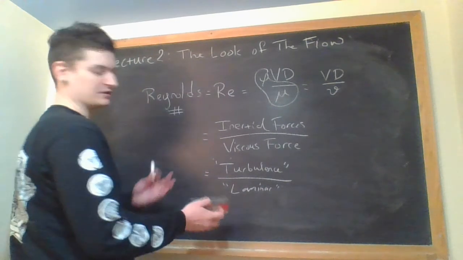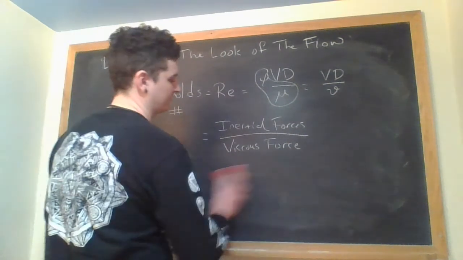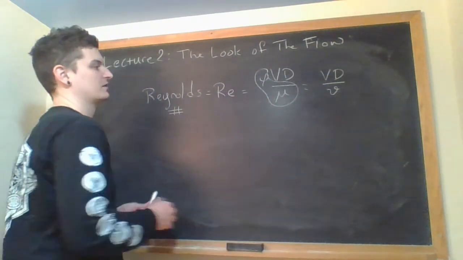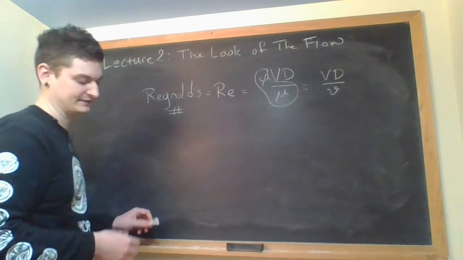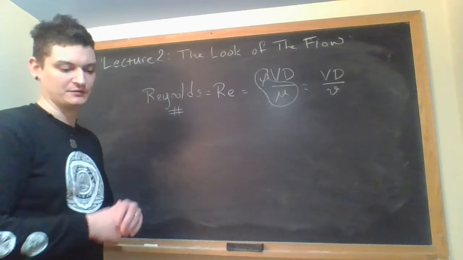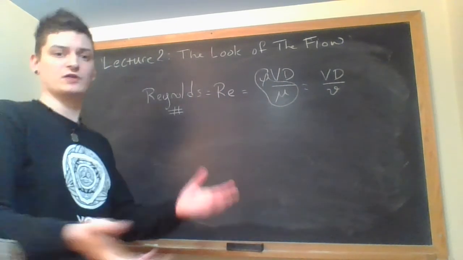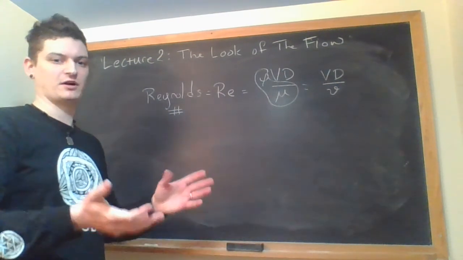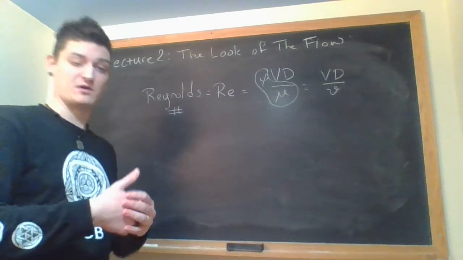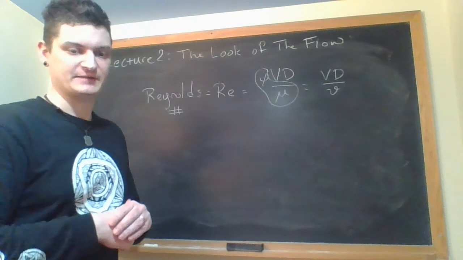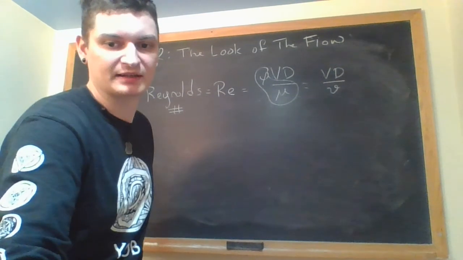You can rationalize Reynolds numbers in many different ways, but the fact is it's a non-dimensional number and helps you quantify things such as these entrance effects or laminar versus turbulent, for instance. We all know that if the Reynolds number is really, really big, we go, oh, the flow is turbulent. If it's really, really small, we go, ooh, we're in that laminar regime. But let's get to some